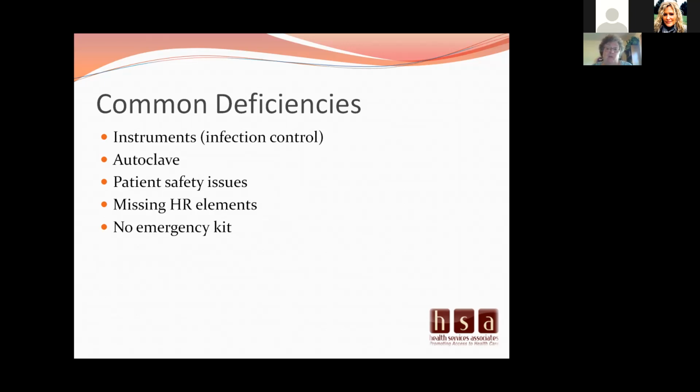And they will come in unannounced. We don't always know what the trigger will be as to what brings them in. But if you don't pass 100%, you will get a POC. And so that's why we felt this is timely right now, because we are seeing a few more pop up recently, and how to address and how to respond and how to incorporate the corrections as part of your clinic facility.